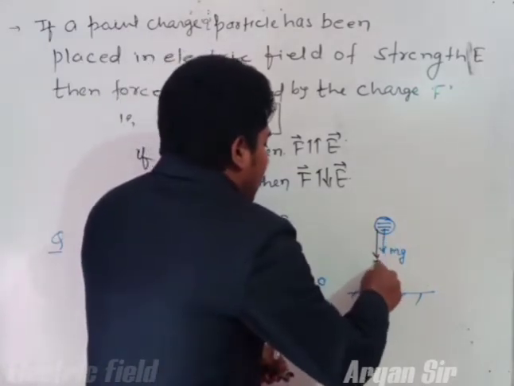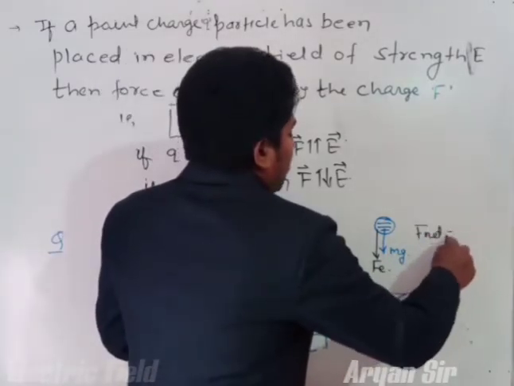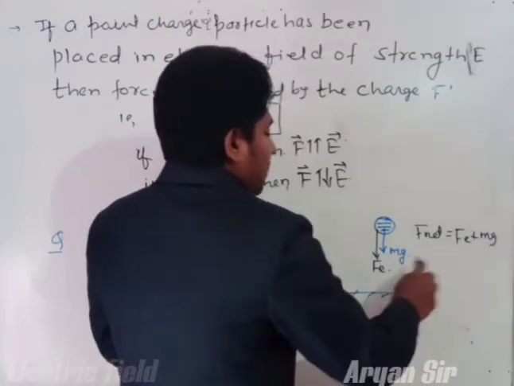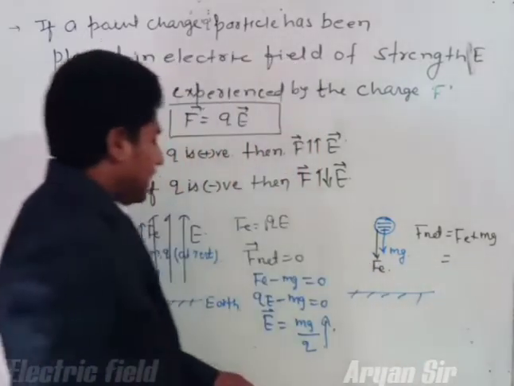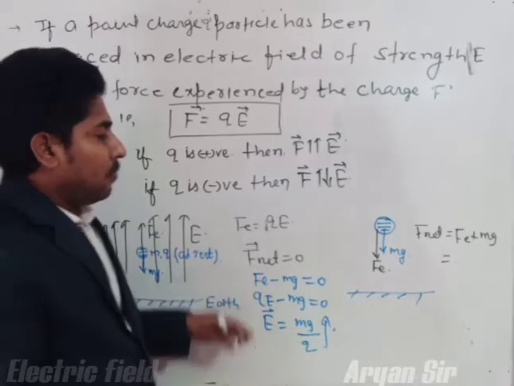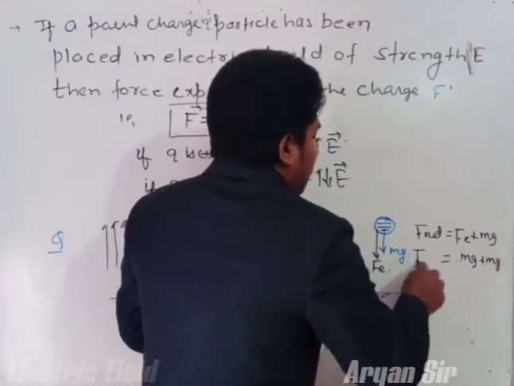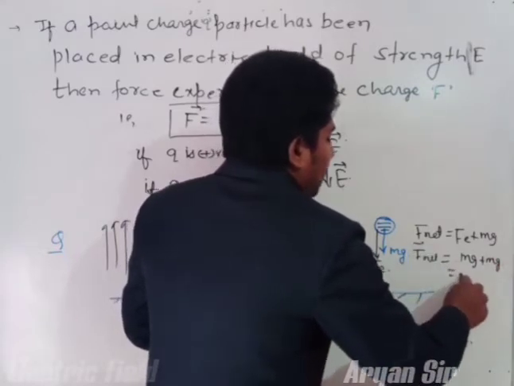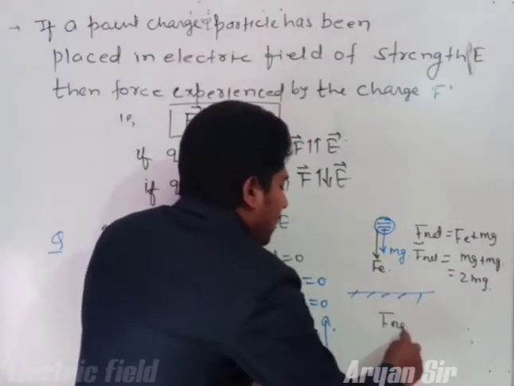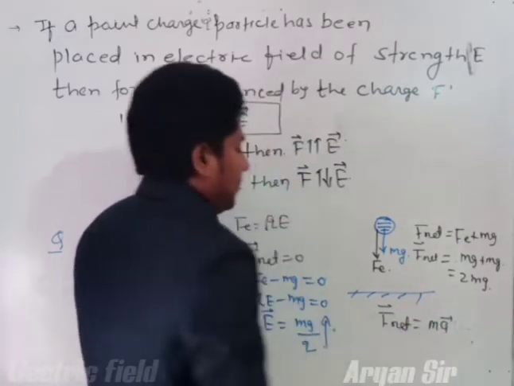वो क्या लगेगा भाई, वो लगेगा इलेक्ट्रोस्टैटिक्स फोर्स. सो F नेट इज इक्वल टू व्हाट, ये हो जाएगा F_E प्लस mg, और इसका वैल्यू यहां से हम देखें F_E माइनस mg इज इक्वल टू जीरो, सो F_E का वैल्यू क्या हो जाएगा, mg. सो हम लिख सकते हैं mg प्लस mg, ये हो गया F नेट, इसको हम लिख सकते हैं 2mg. फ्रॉम न्यूटन सेकेंड लॉ ऑफ मोशन F नेट इज इक्वल टू मास इंटू एक्सेलरेशन. सो